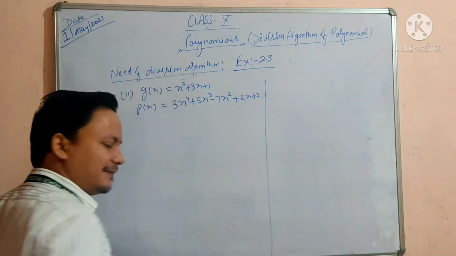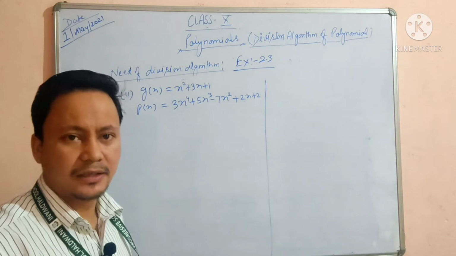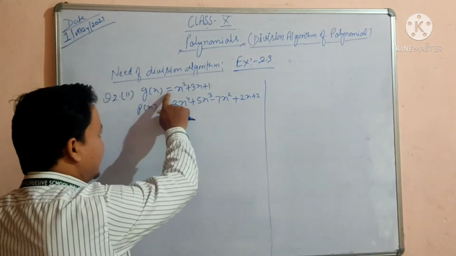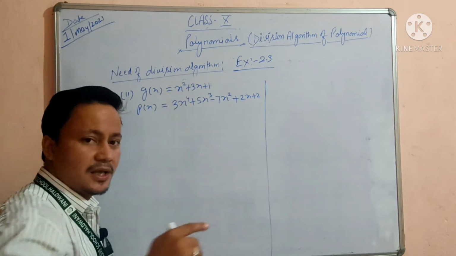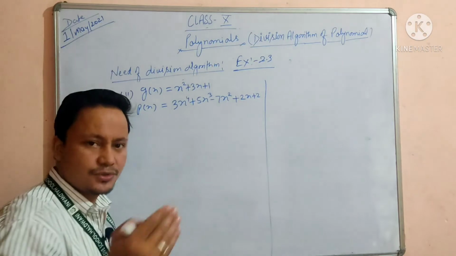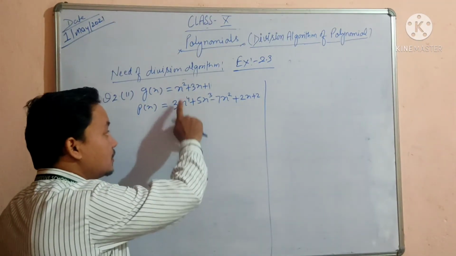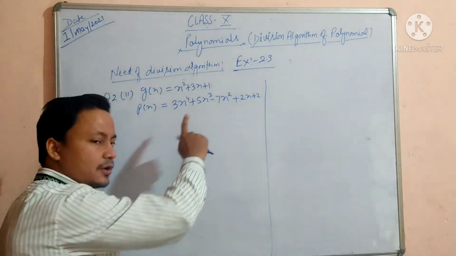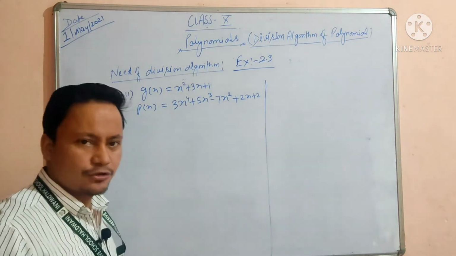Okay, again there are two methods. In the first question I applied the first method, in which we find the factors, or you can say zeros, from the second polynomial and then put the values in the first one. If the first one gives a 0 on putting the values, then the second will be a factor of the first one, and if we do not get 0, then the second one will not be a factor of the first one. That is the first method.